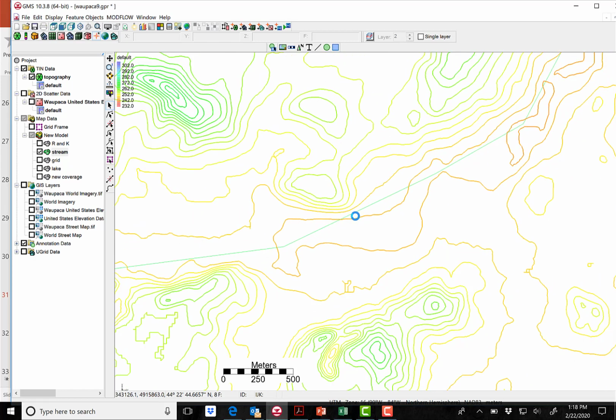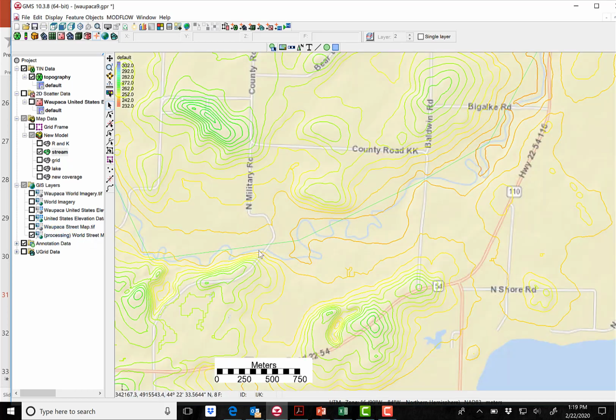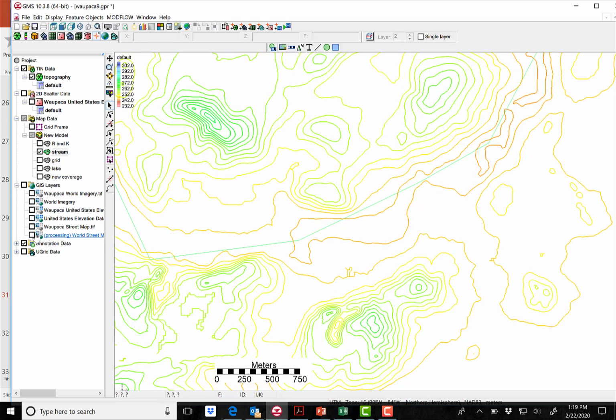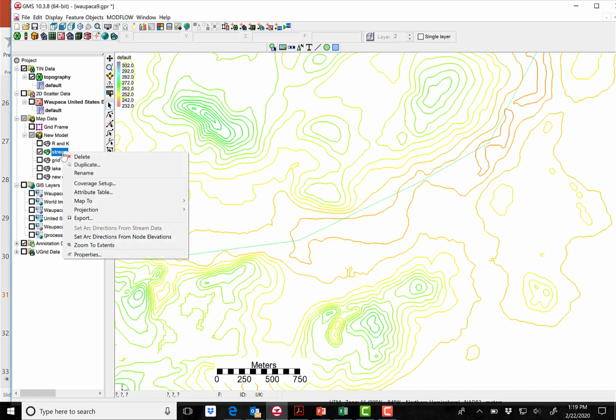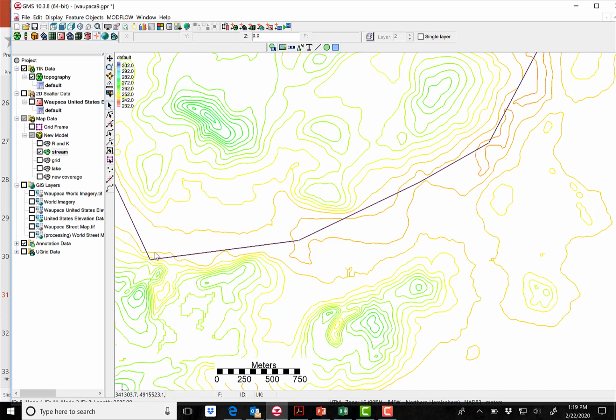But what I did was to put in this arc, and yeah, you can see there I got outside of the stream. One of the things that happens is that you can digitize this using different approaches. The TIN is one set of data, but if you take a look, say, at the world street map, the stream is also on that. And so I might have used the world street map to get started on this. But what I would recommend doing is that when you put this in, you use the TIN to get it in the right spot. So I would probably move that there into the center of the stream,